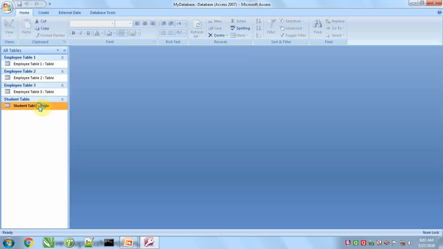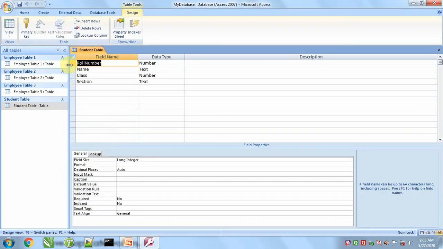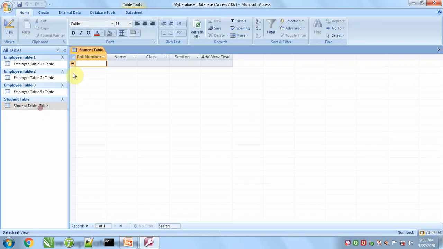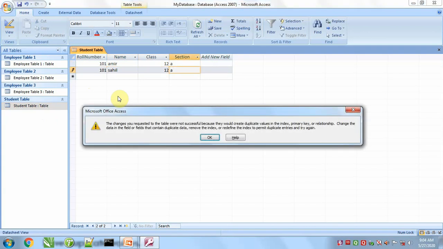For this I will make a column primary key. Select this column as primary key. Now we can see the effect. 101, Amir, 12, section A. 101 again, Sahil, 12, section A. The changes you requested to the table were not successful because they would create a duplicate value in the index, primary key or relationship.